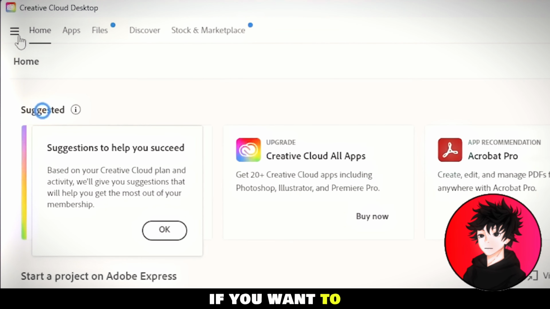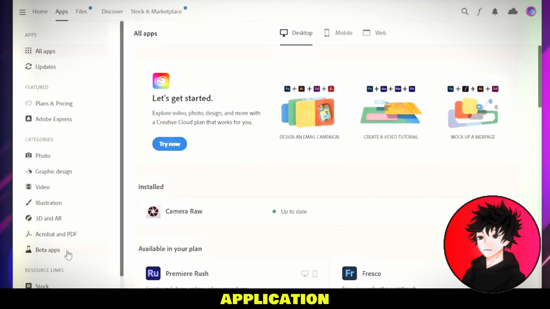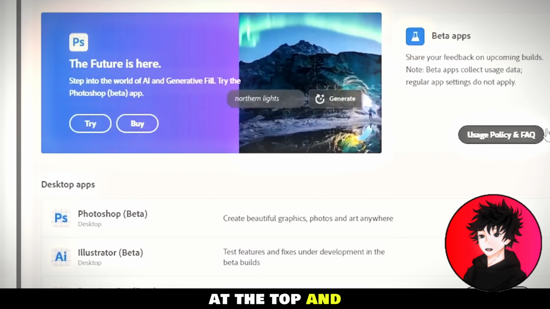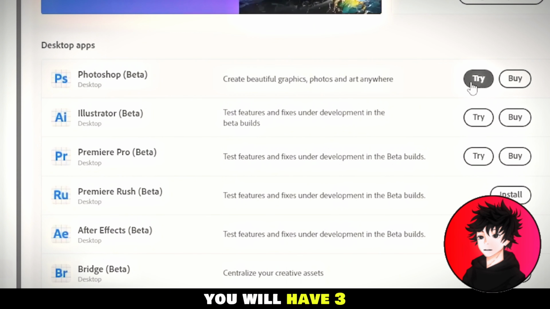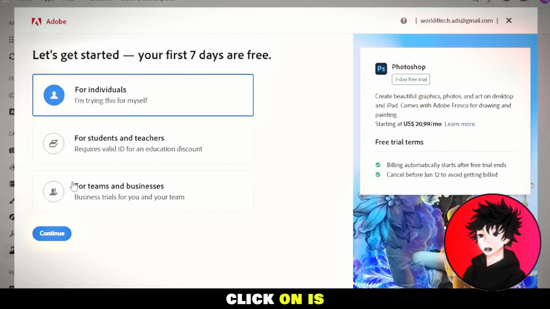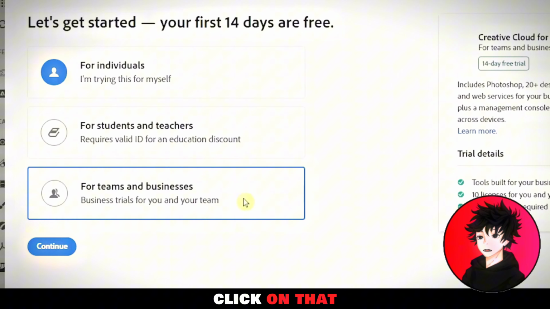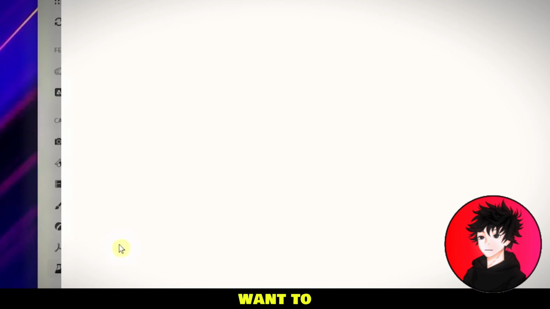Then if you want to go to the top right and click on application, then I will go to beta application and you will find Photoshop at the top. And you just want to click on try, then you will have three options. And the main option you want to click on is for team and enterprise. Click on that, then you want to click on continue, then you just want to click on start